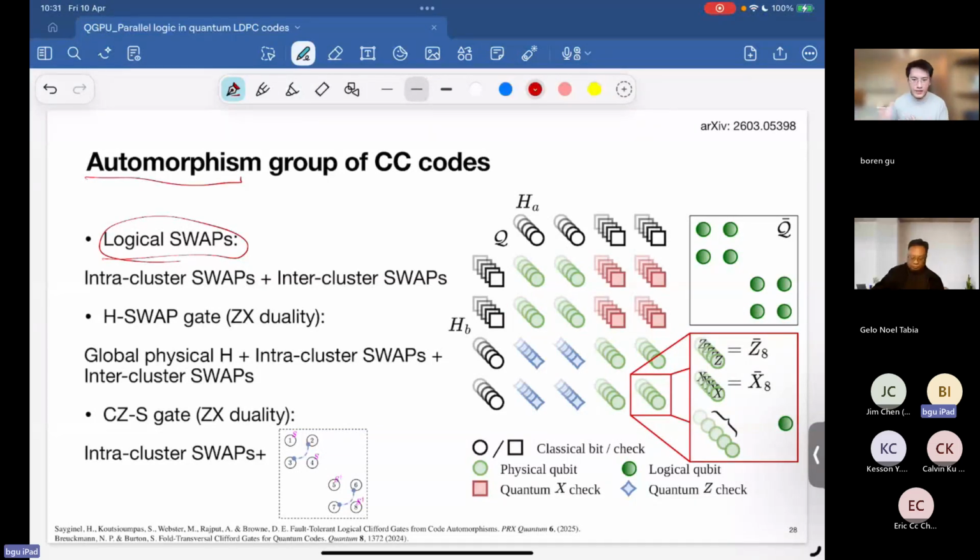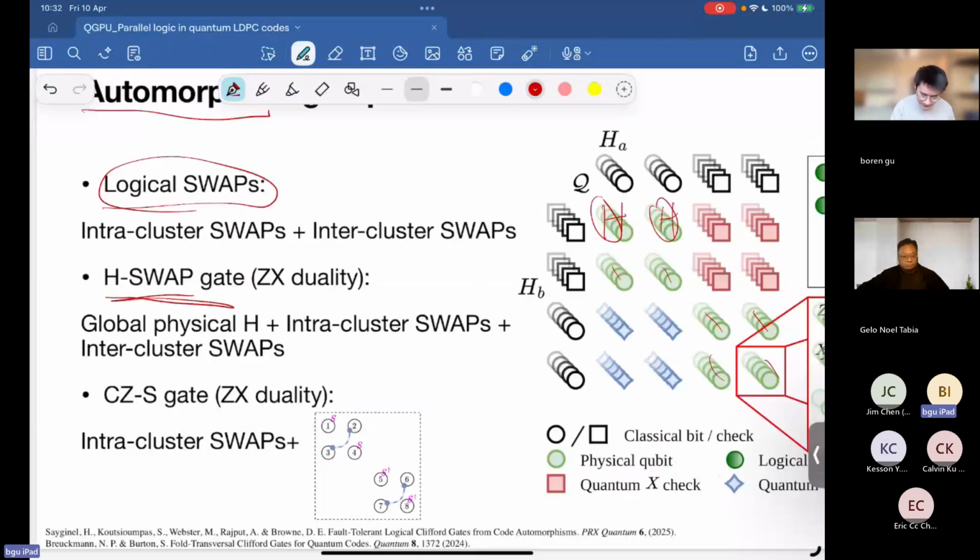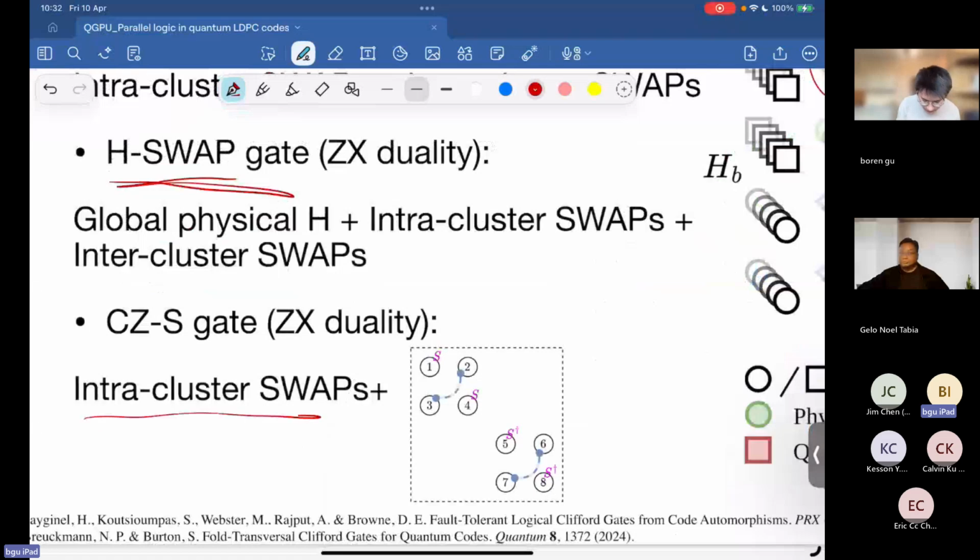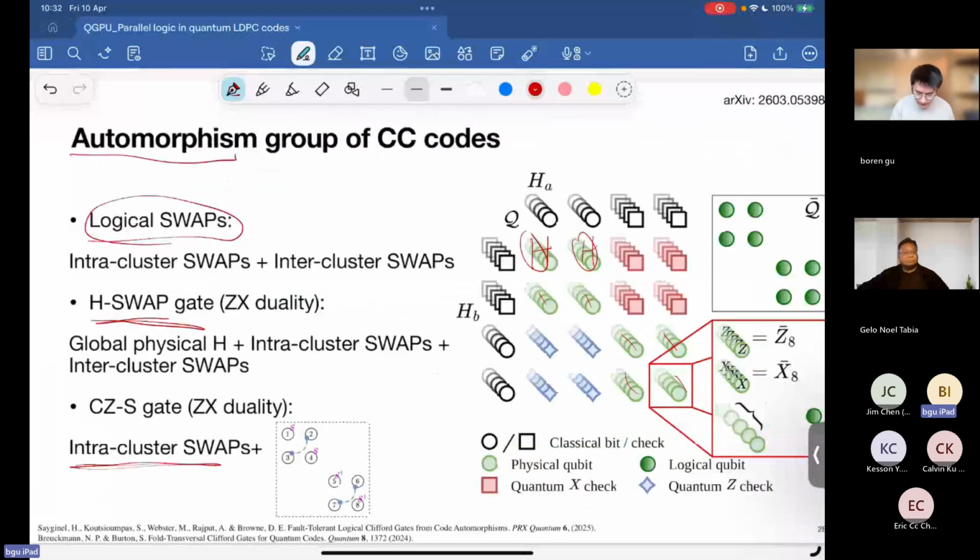And similarly, we are able to utilize this kind of ZX duality because this is a CSS code. For example, we are able to implement global Hadamard gates, that is Hadamard on all physical qubits, and with some intra and inter cluster swaps or permutations, what you get is logical Hadamard on all logical qubits. Similarly for the CZS gate, we have some intra-cluster swaps together with the CZ between